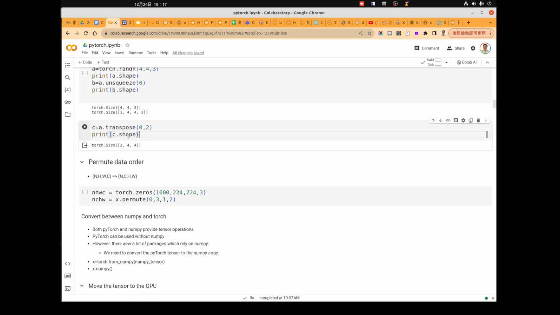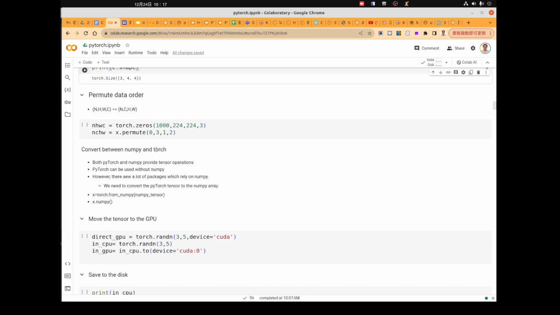And then we can do the transpose between any two dimensions. Okay, and the other thing we often need to do is to permute the data order.